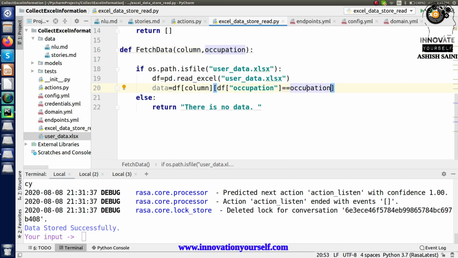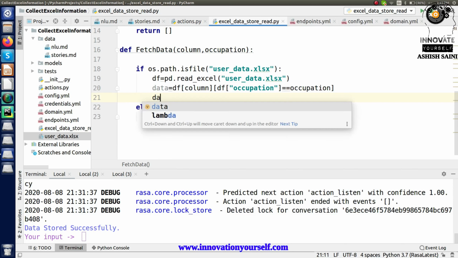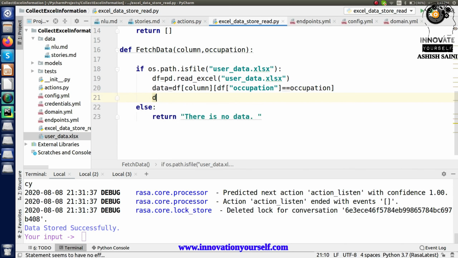So if in case that exists, or let's say if these values match, for example, let's say I'm talking about the trainer. So if trainer exists, based on that you will have the information for that. And what information you will have? You will have the information based on the column that you have provided, right? So this is how you're going to get it. So from here you will be having complete data. So now you have to return this data, and in here that data will be in the form of, let's say, a series.